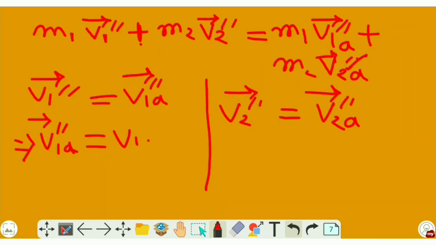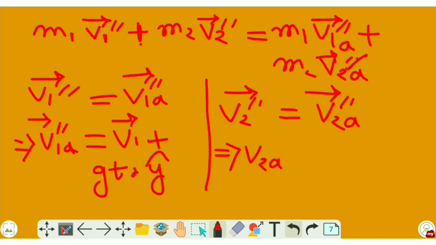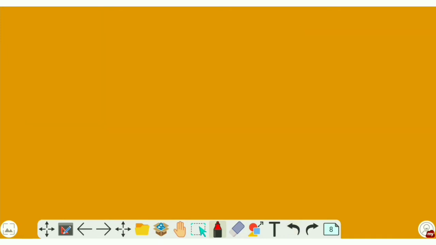So write it here, v1 vector plus g t0 y cap, and similarly v2 a double dashed vector was v2 vector plus g t0 y cap. Okay, now from t equals t0 to t equals 2t0,